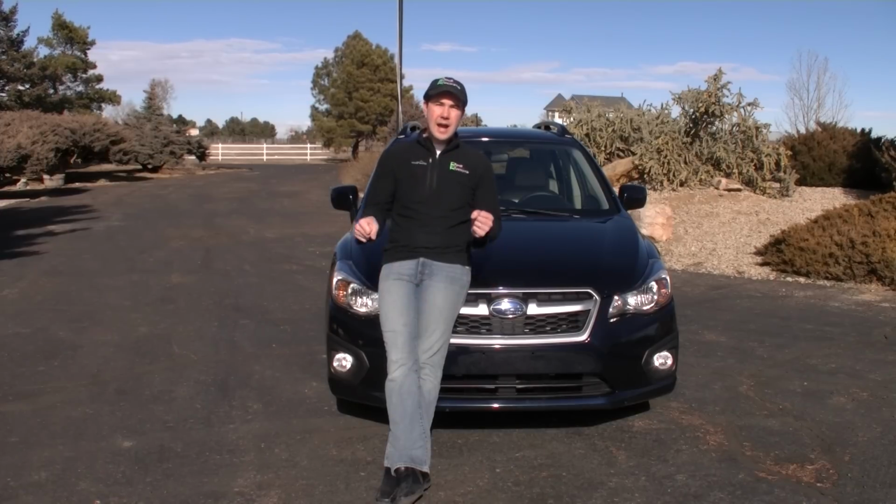When you look at competitors like the Ford Focus, the Toyota Corolla that we mentioned, and others like the Kia Forte, those luxury features would be more standard at this price point. So you're definitely going to have to balance the options when you're looking at this Subaru Impreza Sport. But the quality's there and the driving appeal's there from a handling perspective. So we'll see how we feel after living with it for a week in our real video, the real review,